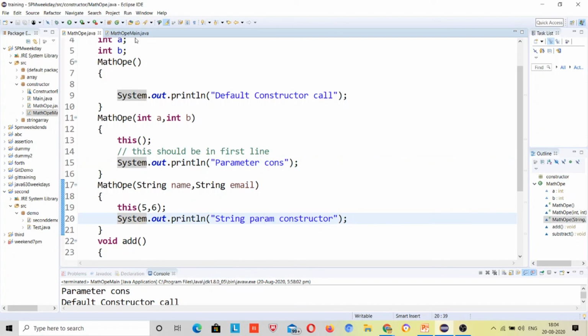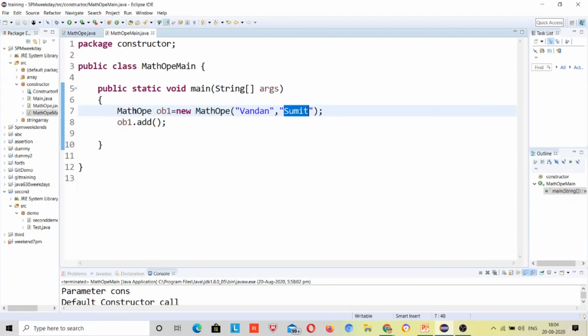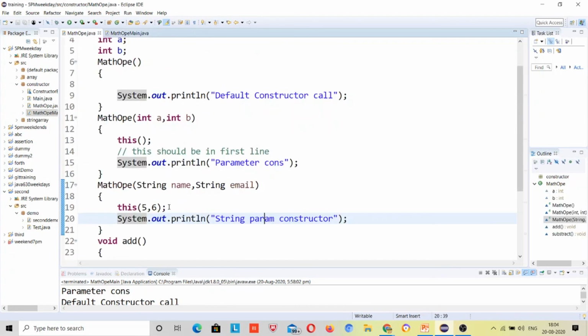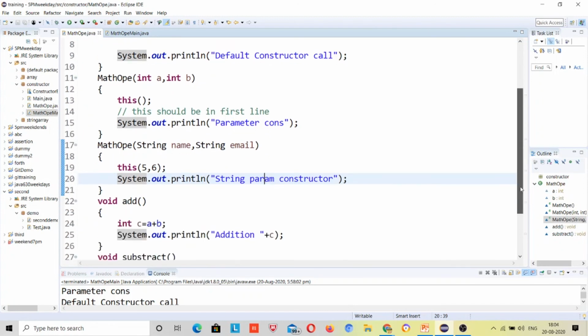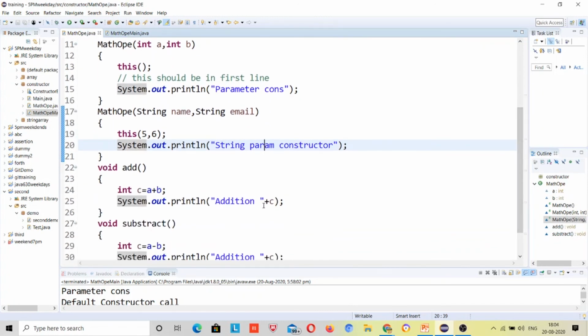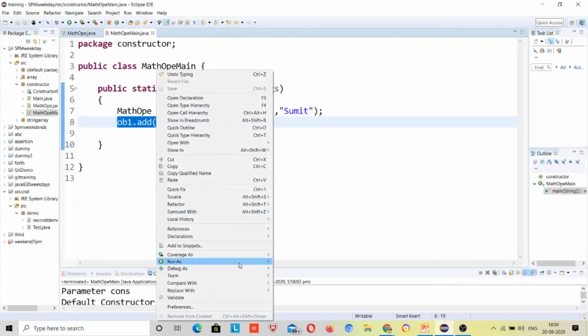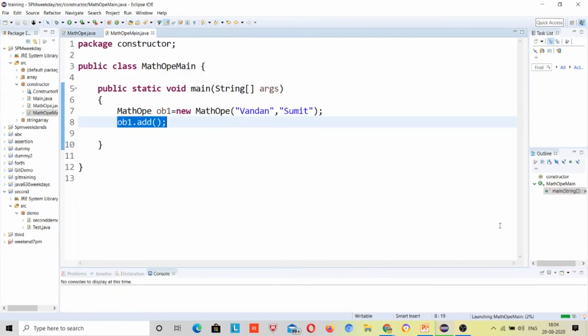But the output is not done yet because I have called another method, ob1.add. So it will call this ob1.add method, right? What is this ob1.add method doing? Adding two numbers, right? So the answer should be in that way. It doesn't matter if the output is 0 or something else, that is another matter, but the answer should be there for that.